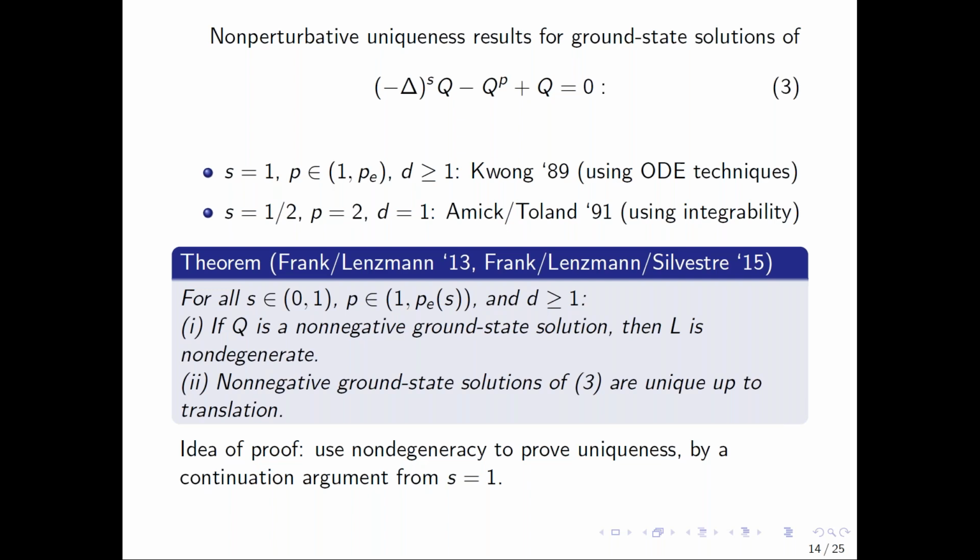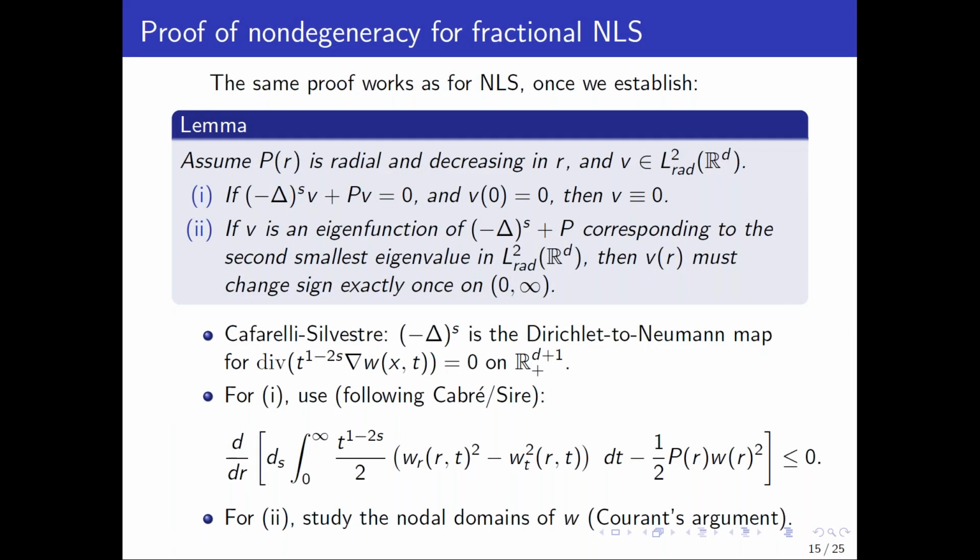So their idea was you're going to use the nondegeneracy to set up a continuation argument from S equal 1. So we know that uniqueness is true in all cases for S equal 1, and we want to continue the uniqueness all the way down to S equals 0 using nondegeneracy. That's going to be the condition that you need to apply the implicit function theorem to set up branches of solutions. So first, how did they prove nondegeneracy? Well, we can explain pretty simply how they did this, because it turned out that the same proof for fractional NLS will work for NLS